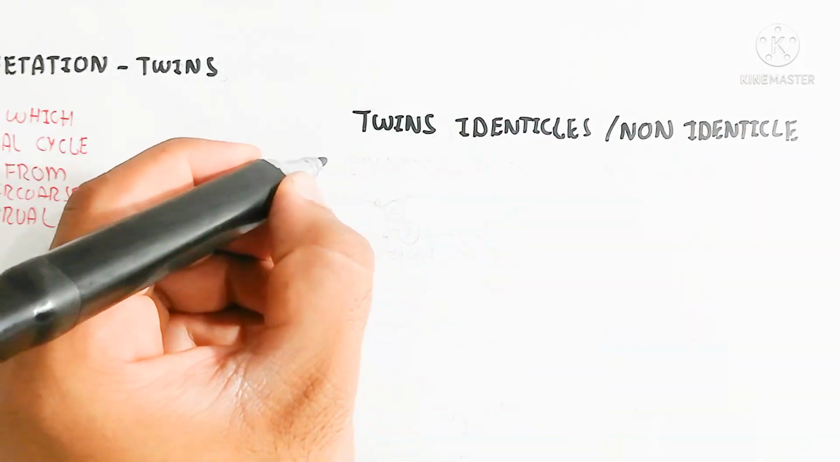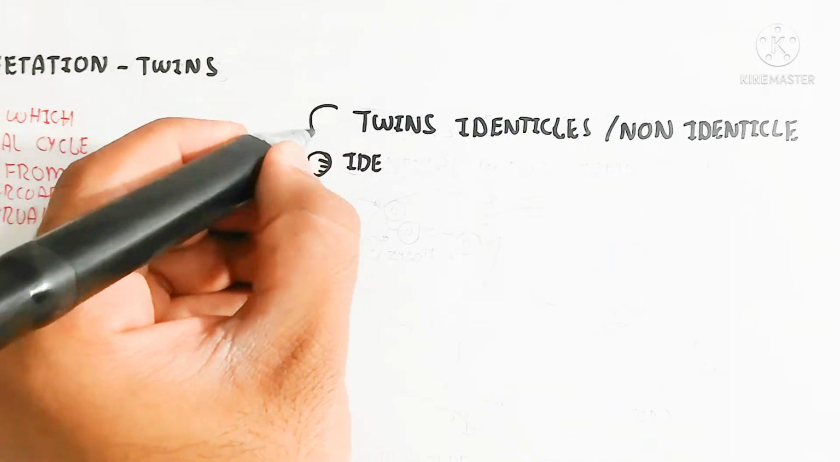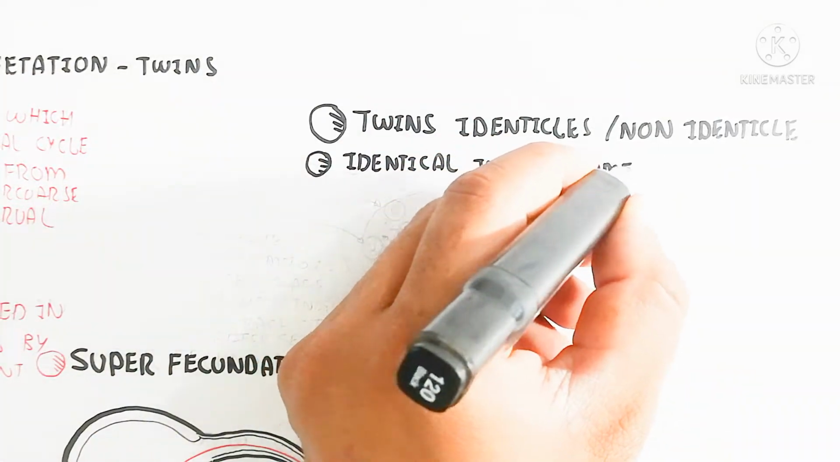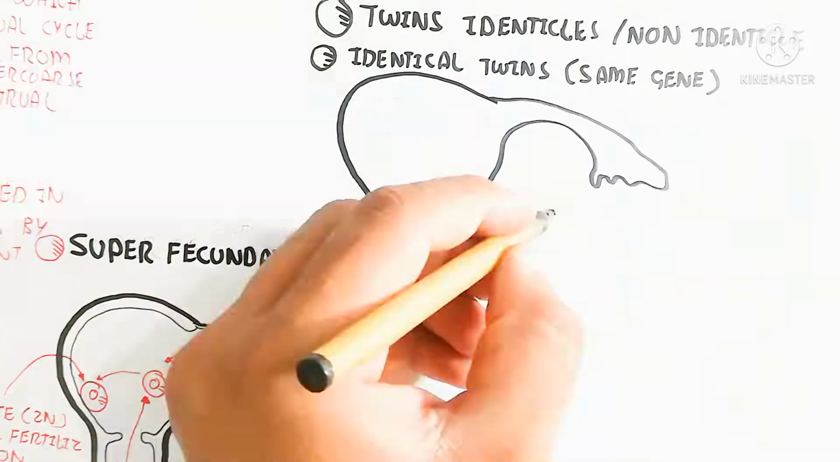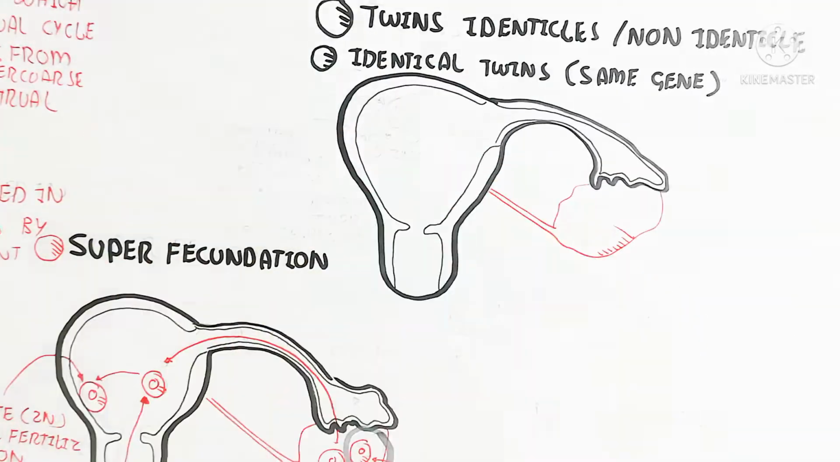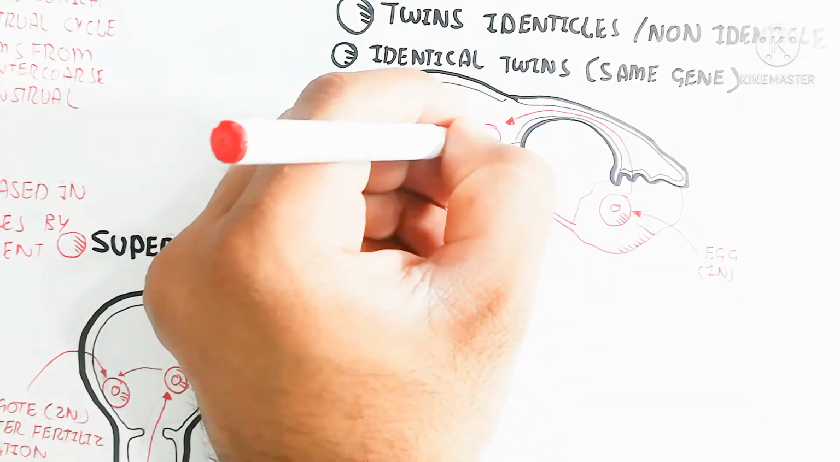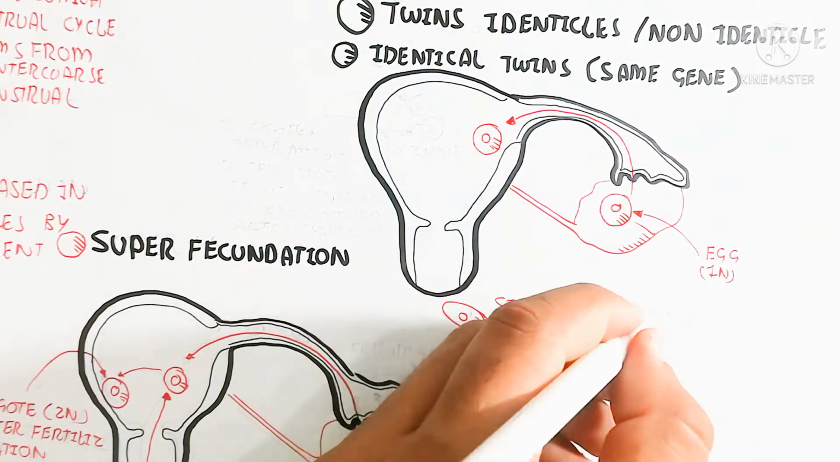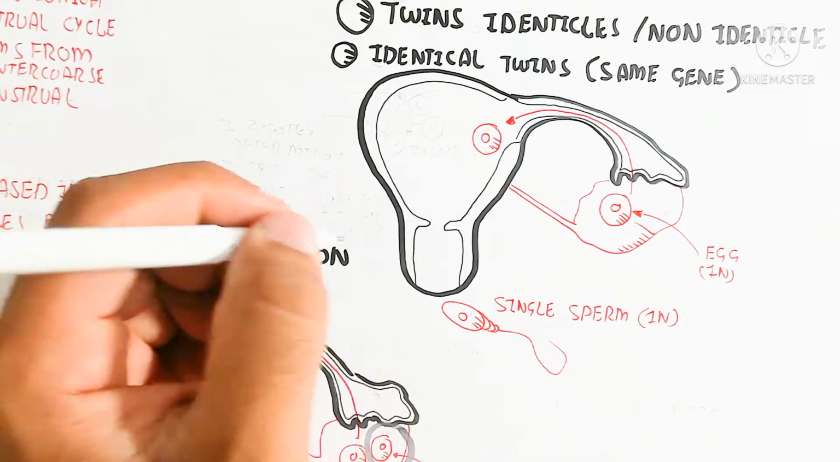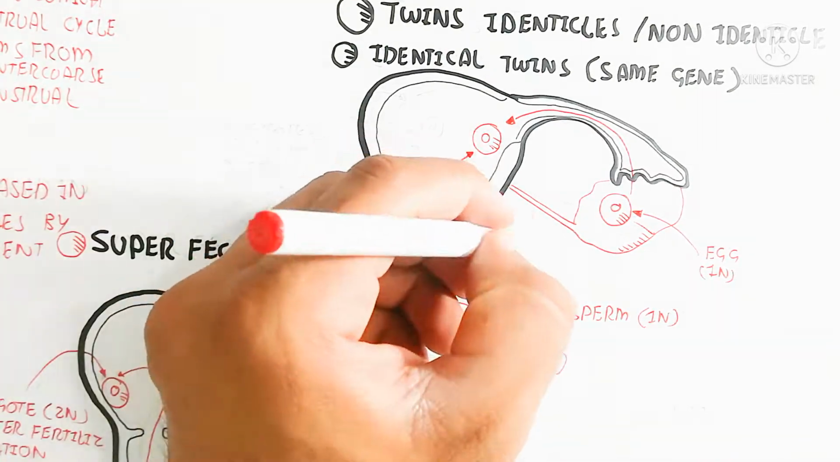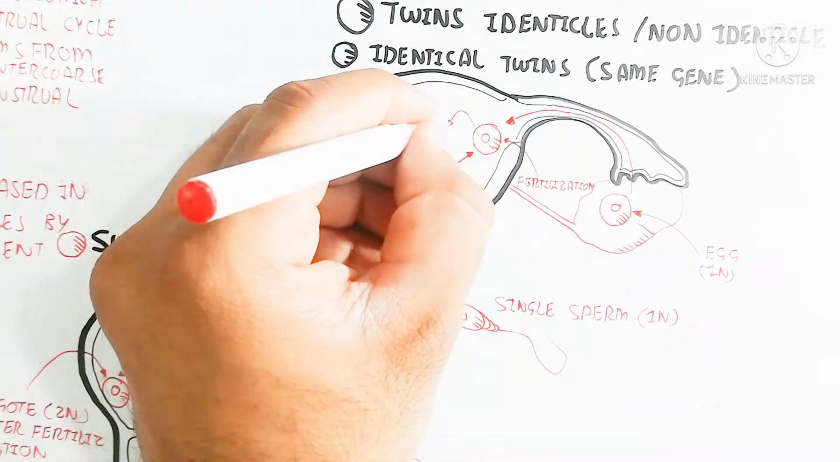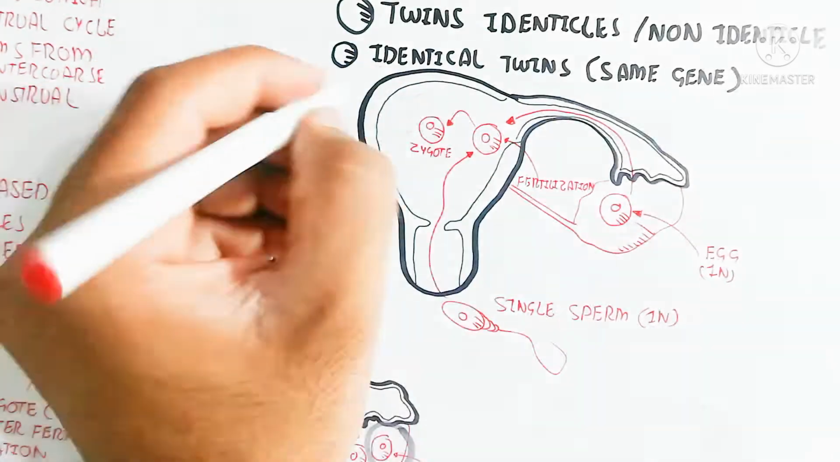Let's begin to understand twins, identical and non-identical twins. First of all, we need to understand identical twins. They come from a zygote with the same genes. For example, here the egg is released due to ovulation and a sperm fertilizes it, so the haploid becomes a diploid zygote, and after fertilization, before implantation,